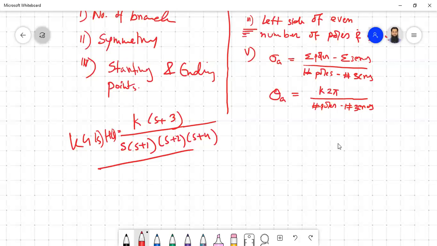So how will it look for positive feedback? Let us just look at the book. We don't want to draw it because most of them will be similar. Only the angles will be changed. So what will be the angles? The angles will be twice pi